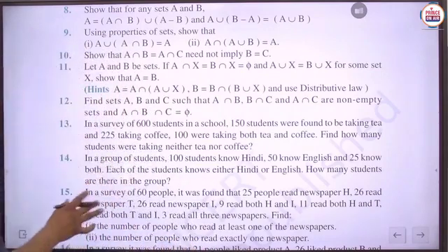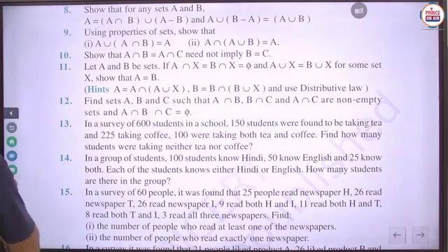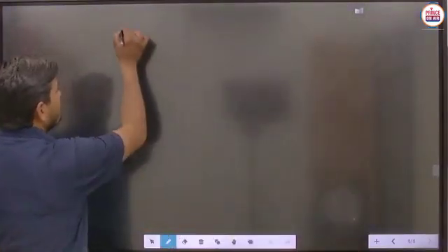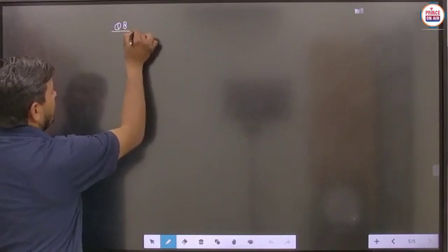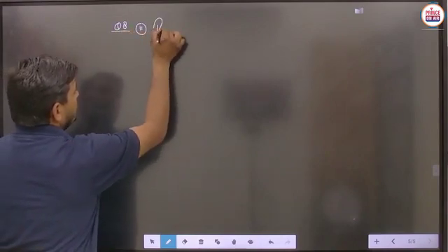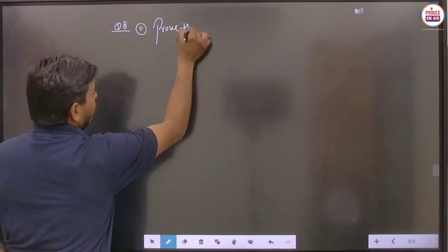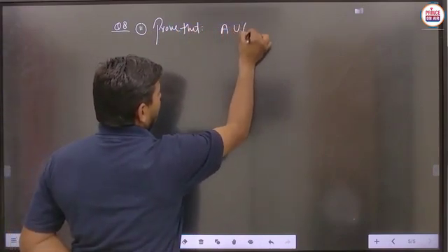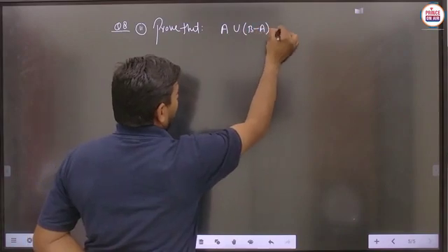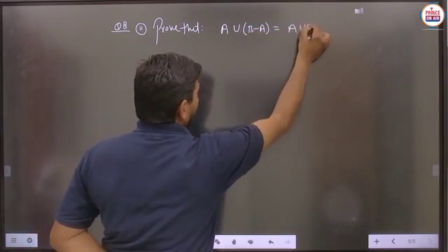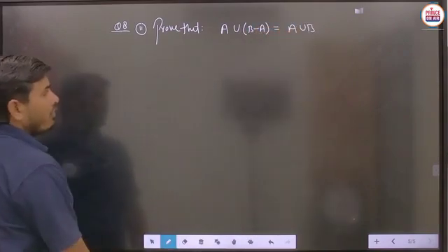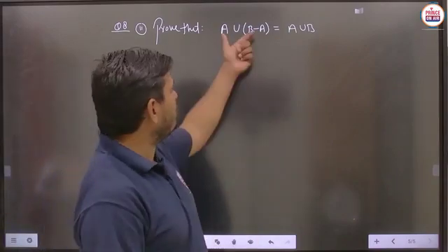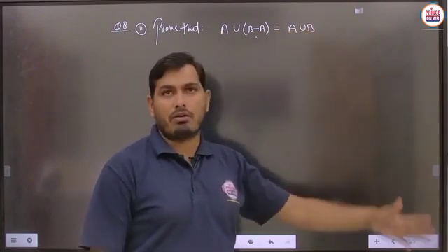So a very basic part is to be there in this question number 8. You can just see the second part of question number 8, and here we just have to prove that A union B minus A equals A union B. Is it to be clear? We have to prove this thing. And student, again what we have to prove? We have to prove that this particular set should be equal to this particular set.